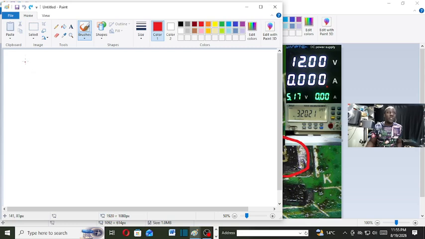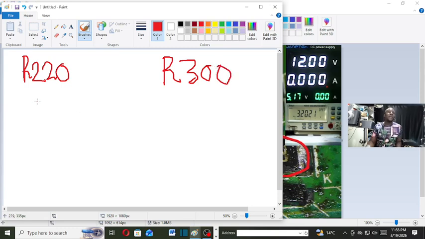So the resistor was R220. And I replaced R220 with an R300. These are marking codes. These are not the values. So when I calculated with the resistor calculator, what I did wrong,